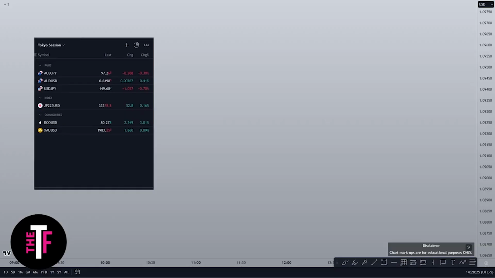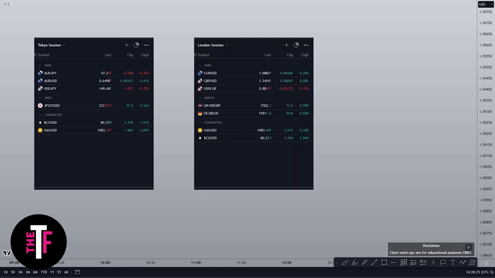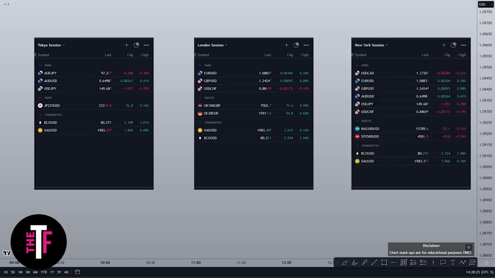Now that you know what Forex trading session you trade during, on to some suggestions. If you trade during the Tokyo session, test your strategy on these assets: UJ, AU, AJ, and the Nikkei. If you trade during London session, give these instruments a go: EU, GU, UF, FTSE, and the DAX. If you're a New York session trader, you'll want to try these out: UC, EU, GU, AU, UJ, UF, NASDAQ,